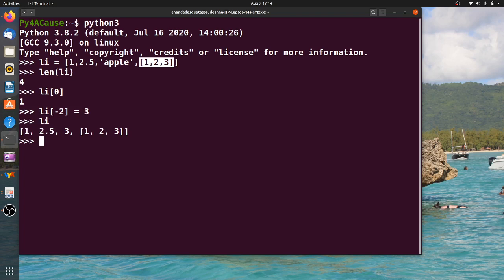As we have already said before, a list is a mutable entity. What that means really is that once you have created it, you can also change it. Here I have changed the list li so that it now has elements 1, 2.5, 3 and a list 1, 2, 3. Okay. So we also know that we can take slices of lists,